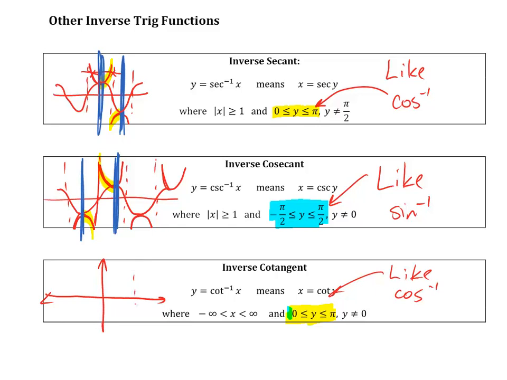So you went from 0 to pi, and instead of starting low and going high, you started high and going low, right? That's the cotangent function, right? Now 1 over that would have asymptotes